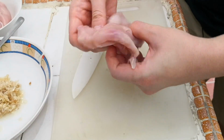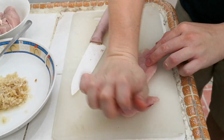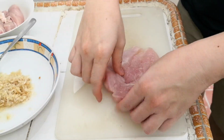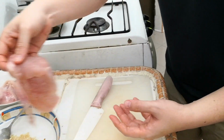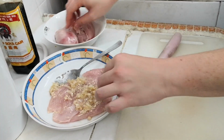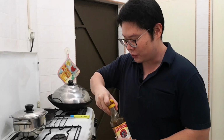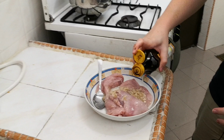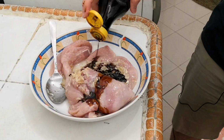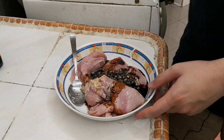It's flat now, flatter, so it's easier to cook. Yeah, so we're just gonna put it in together with the marinade, and I'm gonna do another one. So last but not least, for the marinade of chicken, we're gonna use light soy sauce. Yeah, so for 2 pieces of chicken breast, I'm just gonna put in about 2 tablespoons of soy sauce, and